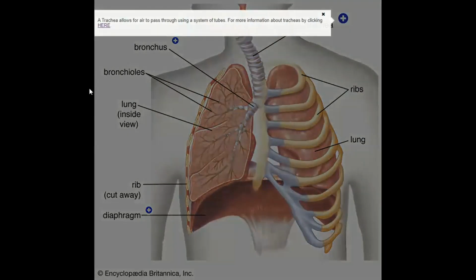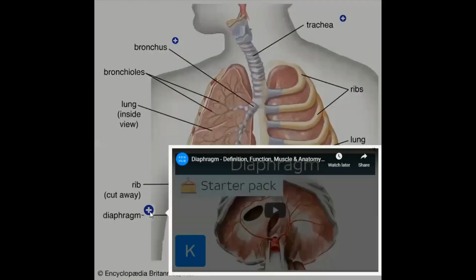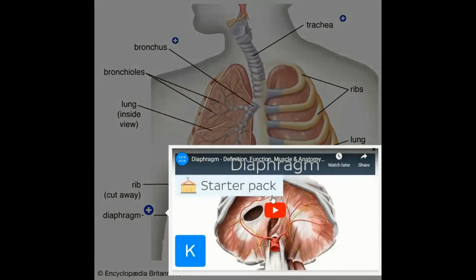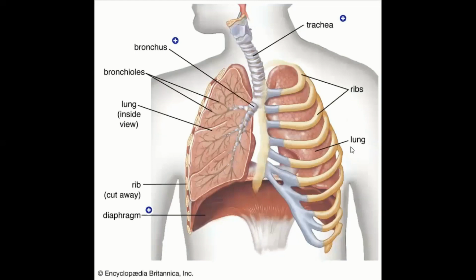Trachea, we have our definition, and we have a little hyperlink in order to access more additional information. And you can change the size of this font if you want. And then diaphragm, of course, we have our video that they can view right within Hotspot, and they don't have to leave the Hotspot image. And there you have it, an interactive diagram of lung anatomy.